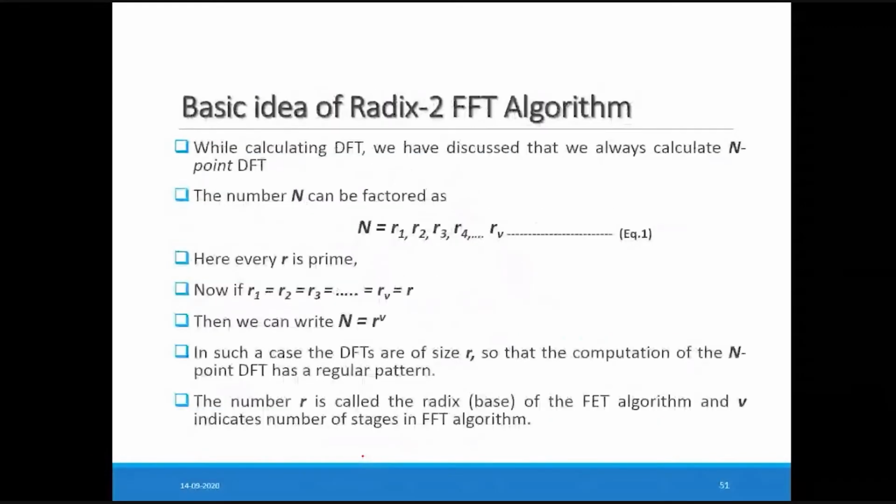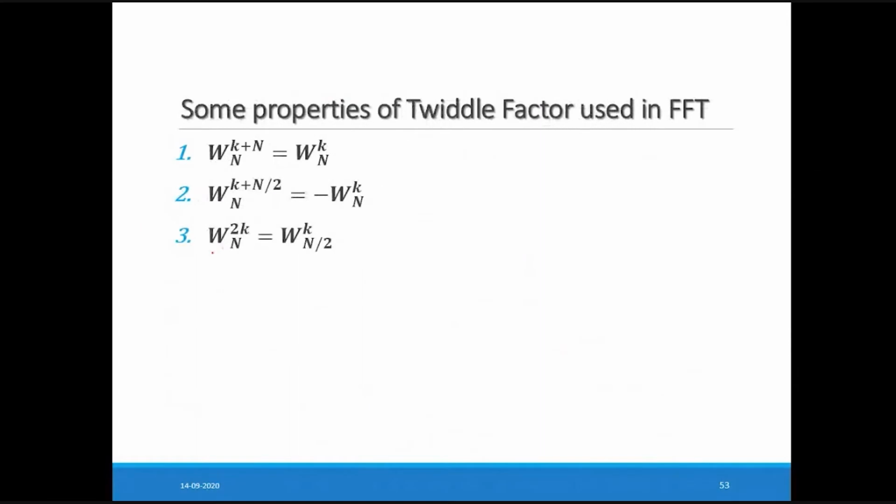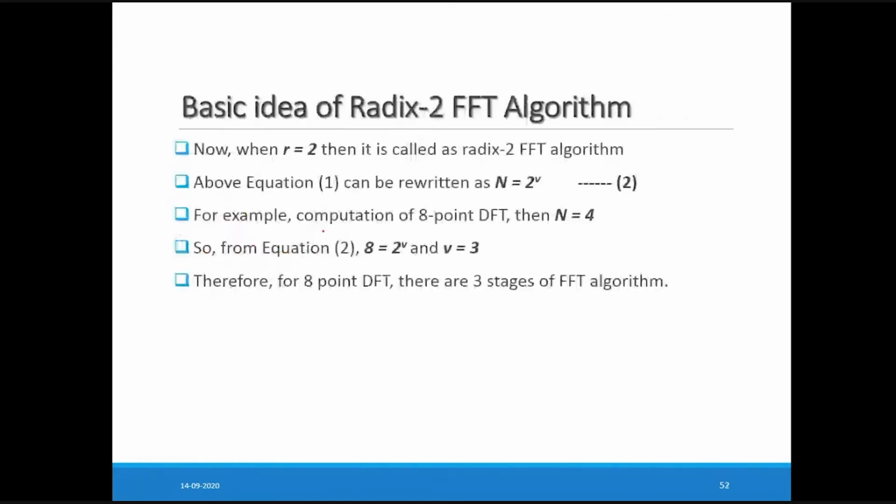Here in this we can represent this twiddle factor, omega suffix n raised to 2k is equal to omega raised to k into n by 2. This is a simple property of twiddle factor. With this, whatever term 2k you have, you can take this 2 into the n by 2 representation. So omega raised to k into omega suffix n by 2 raised to k. So this is one of the properties we have utilized over here.